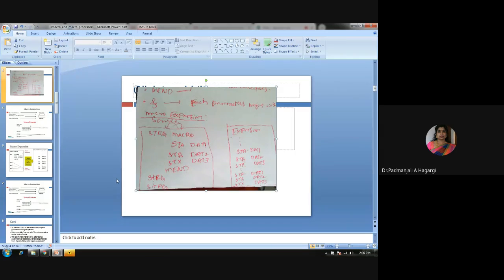So this is how macro definition, macro calling or macro call, also told as macro invocation, and macro expansion. These are the 3 main models of the macro.